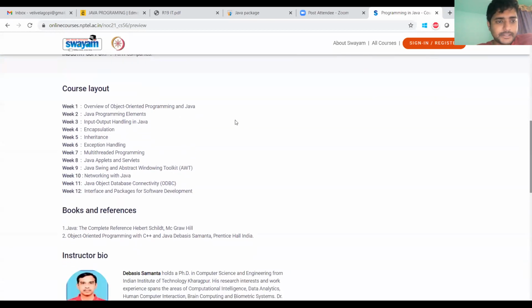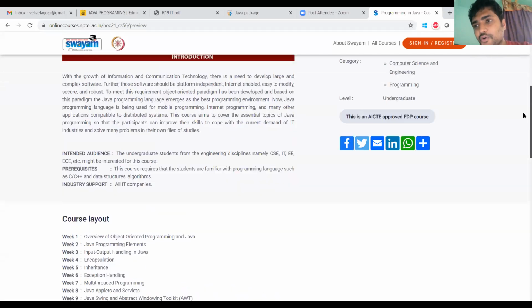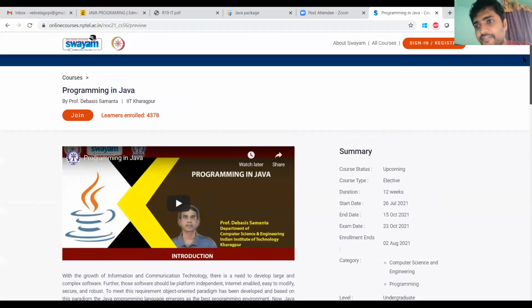The syllabus covers Java elements, input and output handling, encapsulation, inheritance, exception handling, multithreading, applets, swings, networks, JDBC connections, interfaces and packages. You can register for any Java course in Swayam and get certified. It will add value to your resume.